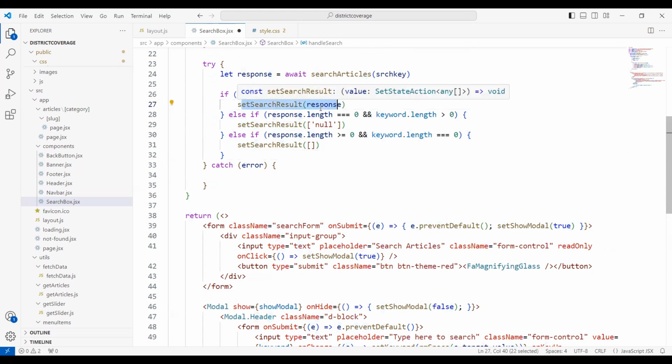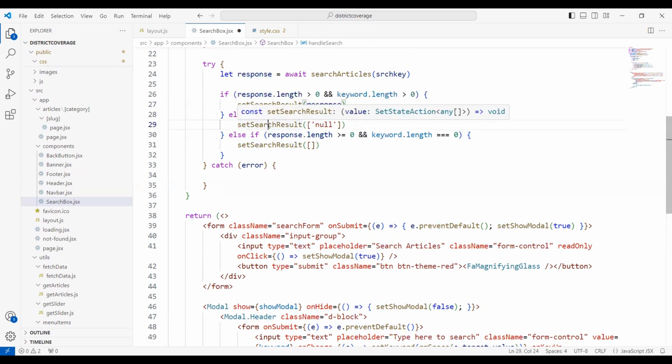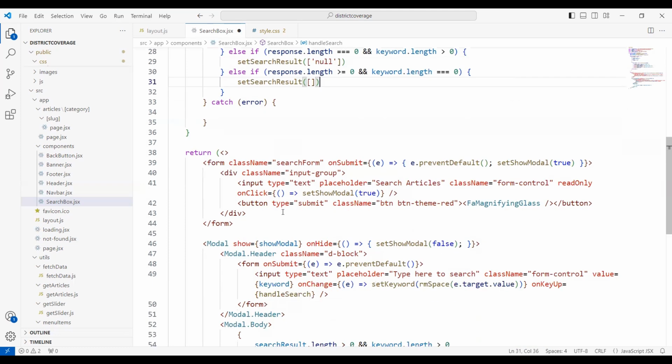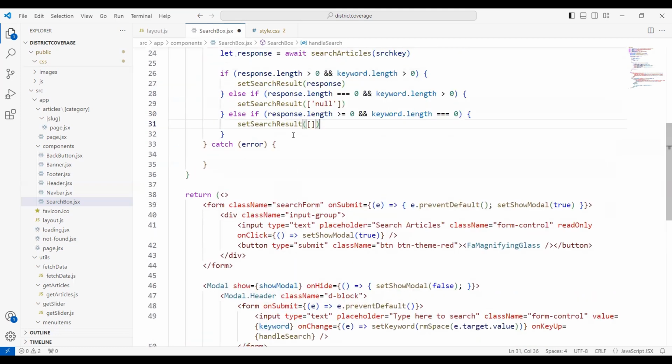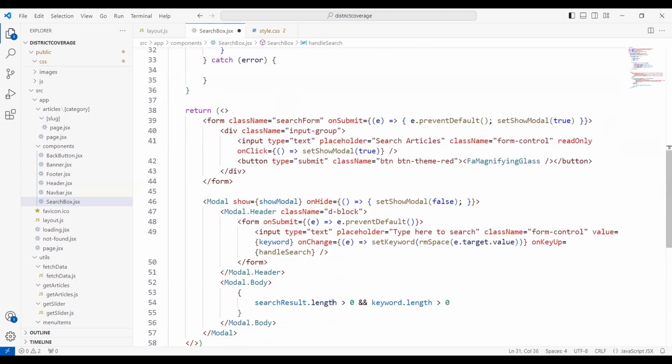In one we are getting a response with data, in another one we are setting the array to null, and the third one is empty. So if it is an empty array, then that is absolutely fine. If the array is greater than 0, we do not want this thing,